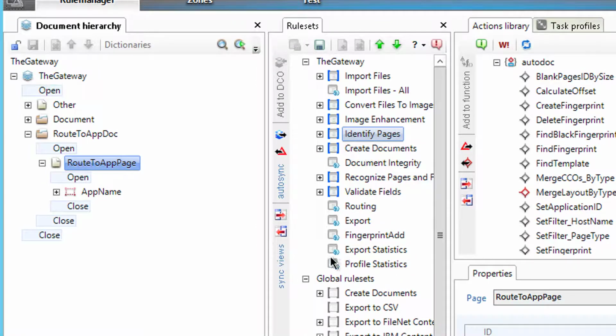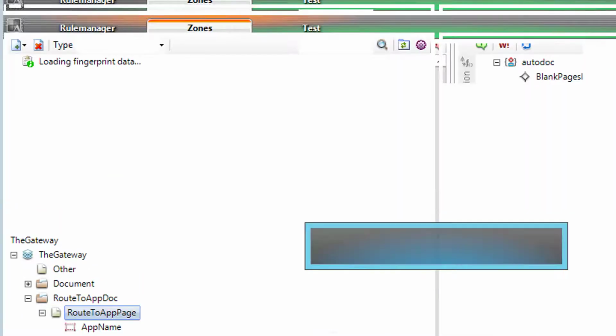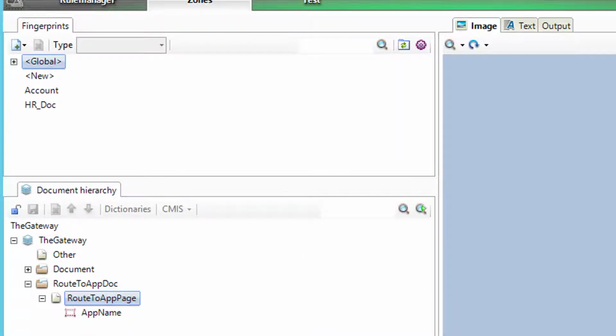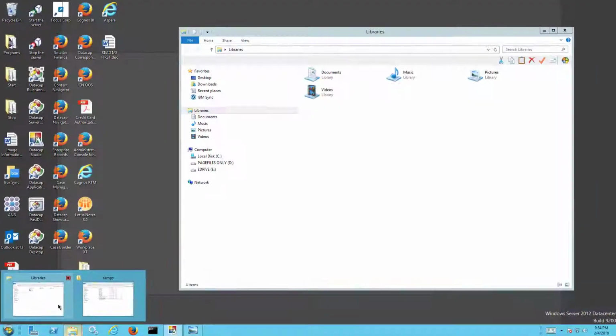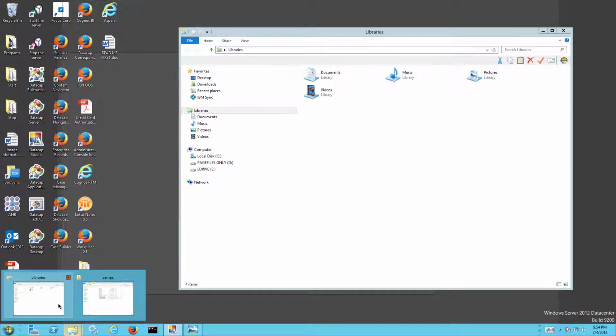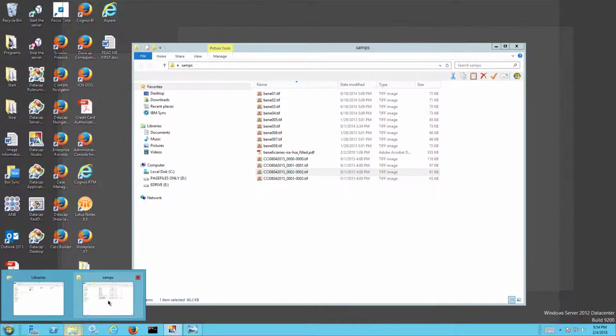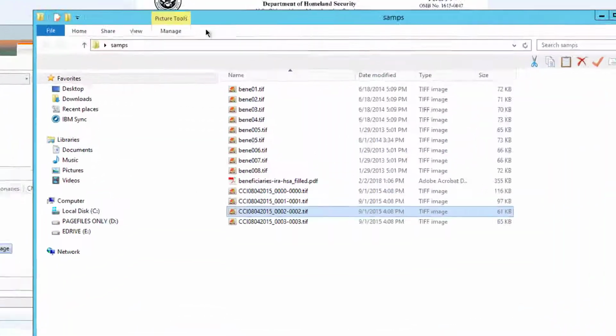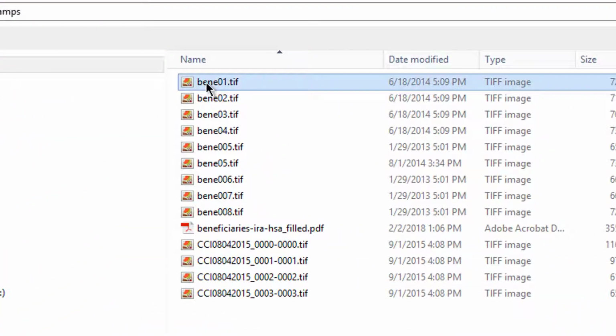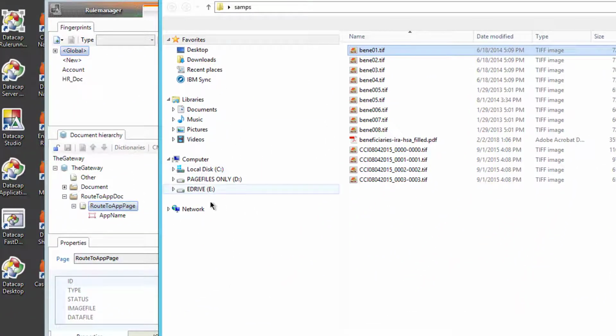I've got that working. I'm going to have to add a fingerprint. We'll go through and do that for one of these beneficiary designation forms. That might be the case where we have a lot of these. We might first do some text searching on it as well. We can do some of those capabilities and try to identify them that way if they don't come through in fingerprinting. So let me just grab one of these TIFF files, put it into the application,